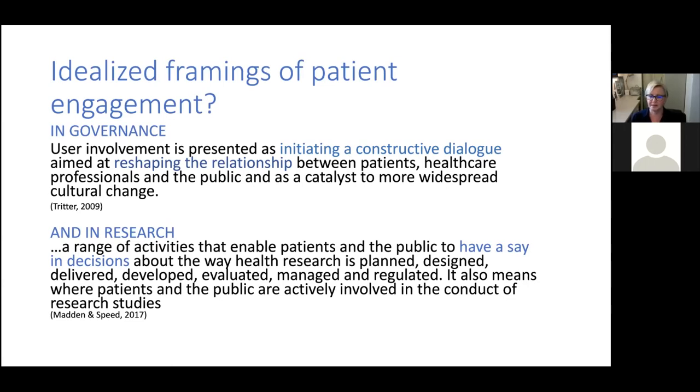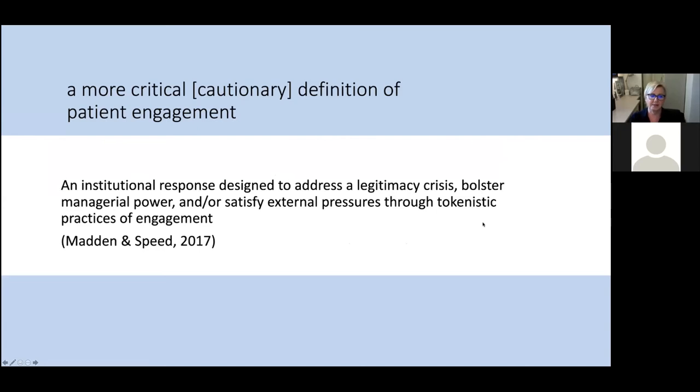Madden and Speed write that patient engagement in research involves a range of activities that enable patients and the public to have a say in decisions about the way health research is planned, designed, delivered, developed, evaluated, managed, and regulated. It also means where patients and the public are actively involved in the conduct of research studies. So again, these scholars are talking about what we hope for and what we aim for, I think, in terms of patient engagement. But they do point out that there are hazards along the way that we may want to think about. So further on in the article by Madden and Speed, they offer a more critical or cautionary definition of patient engagement, saying